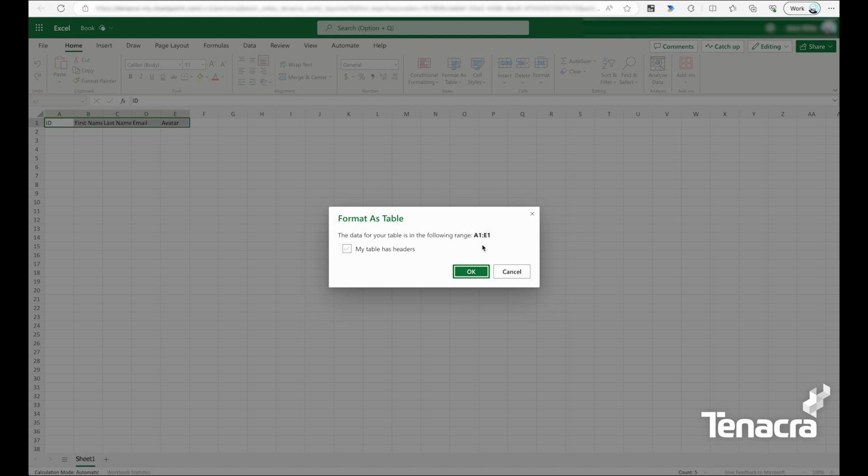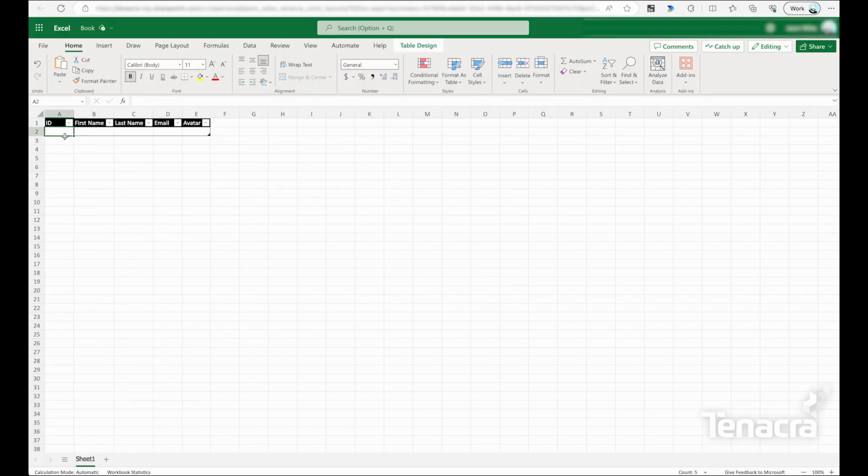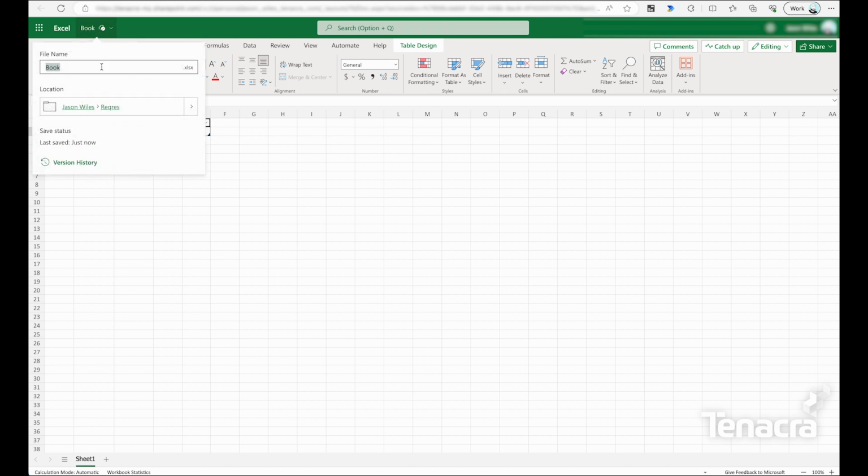It's asking you if the data for your table is in the following range. It is, and my table has headers, which is exactly what that is there. So I'll go OK, and now we'll see that it is indeed a table. You'll be able to sort and filter against this when there's more information inside. So we're good here. I'm going to rename this document